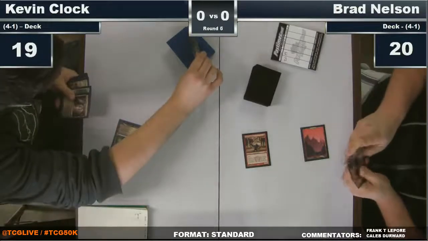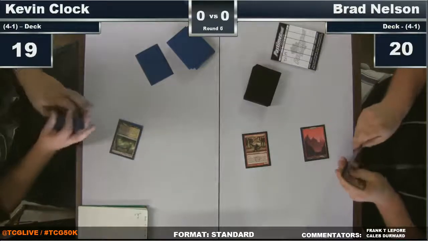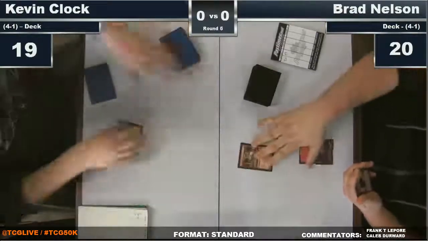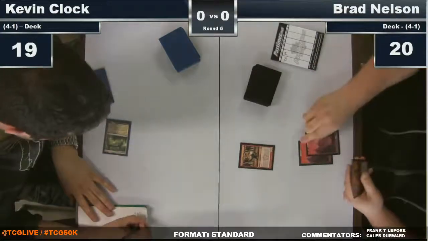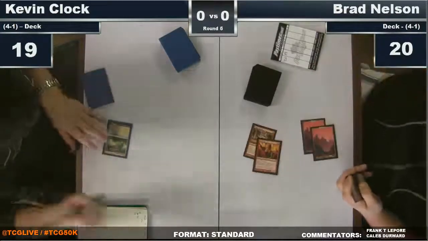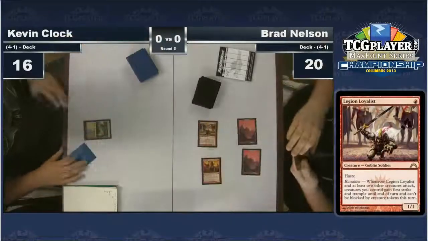Right, yeah. Oh, and we're already off. Brad Nelson out of the gates with a turn 1 Legion Loyalist. That guy is very loyal to the Legion. You know what's going on, Nelson's deck's so aggressive. Turn 2 Ash Zealot attack. His deck is full of Titan's Strength, Madcap Skills,